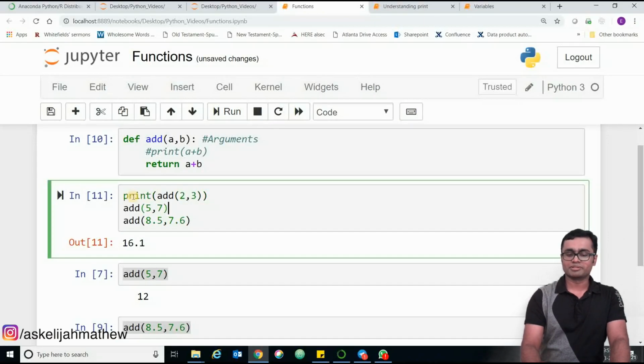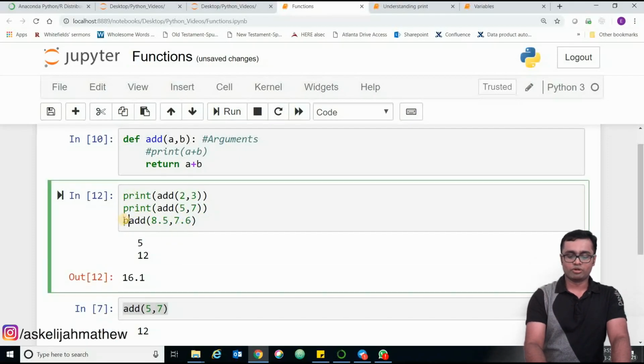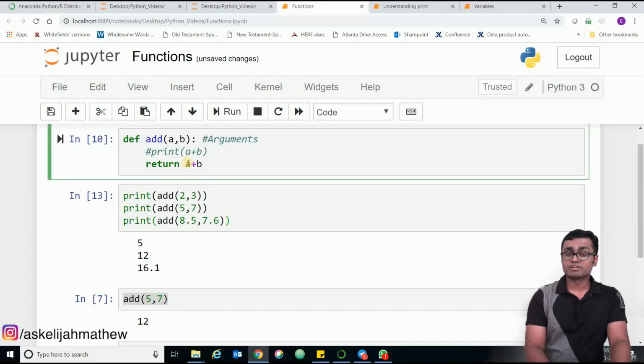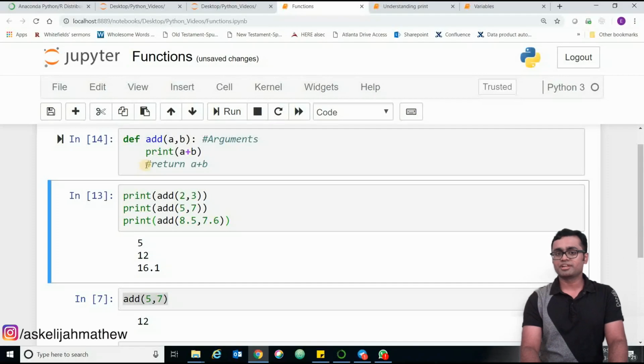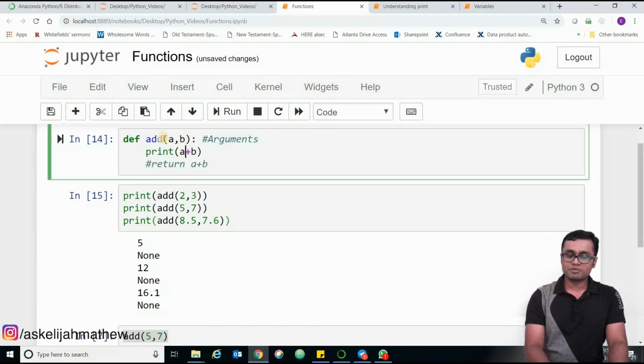print add of 2 comma 3, or you're going to say over here print add 5 comma 7, something like that, and then it prints all of them. If you want to print even the 8.5 comma 76, you need to say print, because of whatever a function returns. Let's say the function did not return anything. If I just commented this out and did this, so I'm rerunning that. Now if I print what the function returns, this print a plus b was happening inside